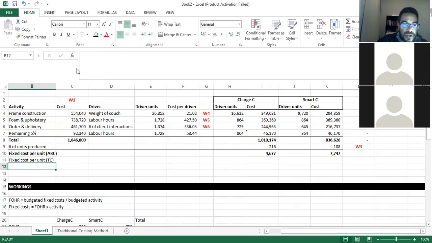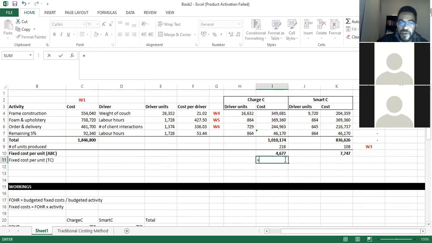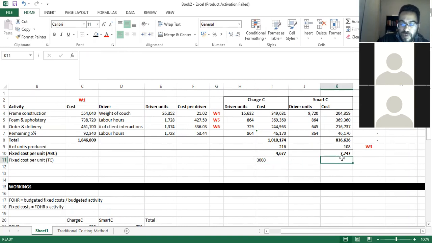So remember, traditional costing is using labor hours. For charge C, the labor hours is 4, and it is 750 per labor hour. For smart C, the labor hours is 8 multiplied by 750 per labor hour. So as you can see, what is happening,